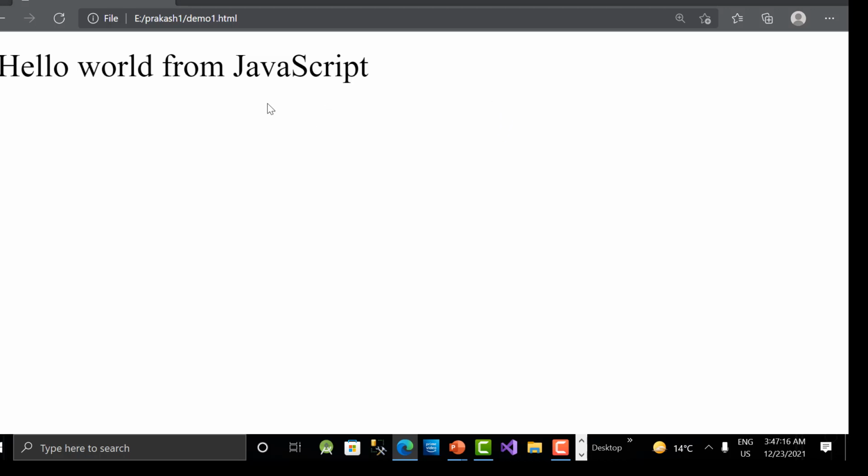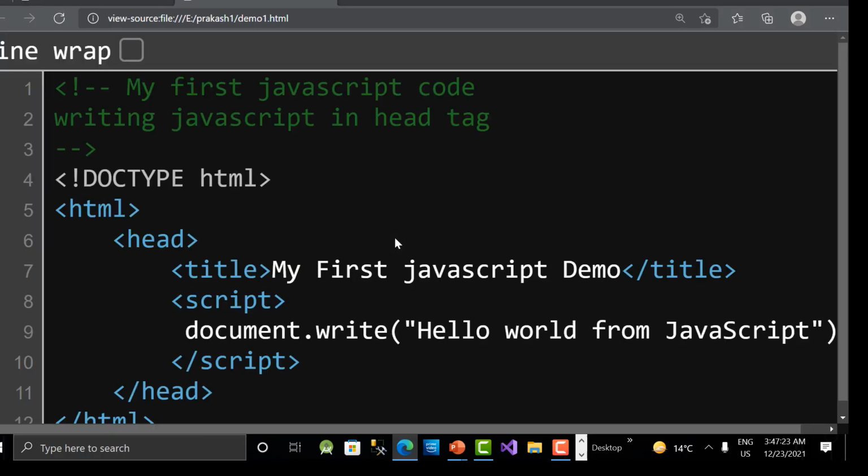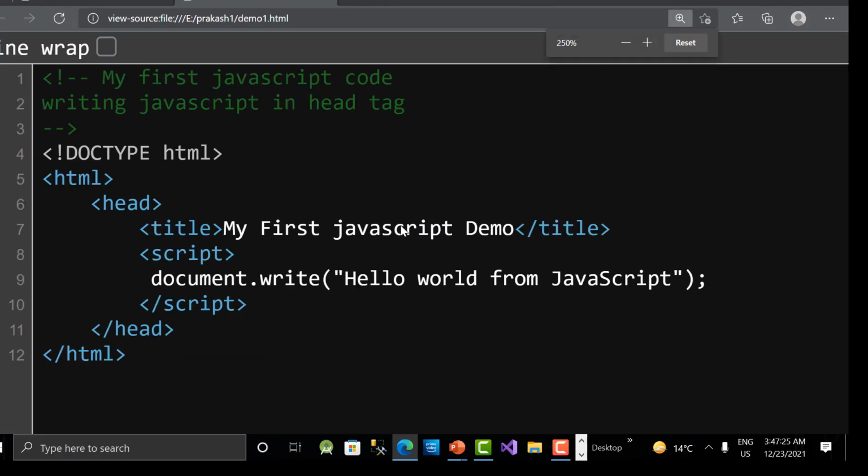If you want to see what is the code written for this HTML file, just right click and you can choose this view page source so that you can see whatever code we have written, guys. Okay, so the doc type HTML is for HTML5 version files. You need to write it, and then HTML tag open close. So in between that I'm writing a head tag open close, and inside head title tag open close for the title of this web page.